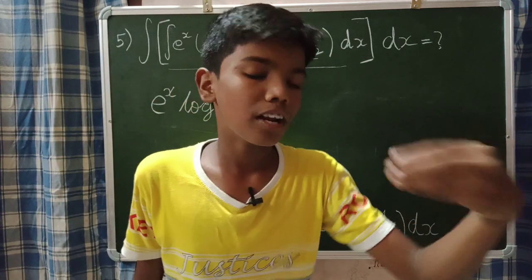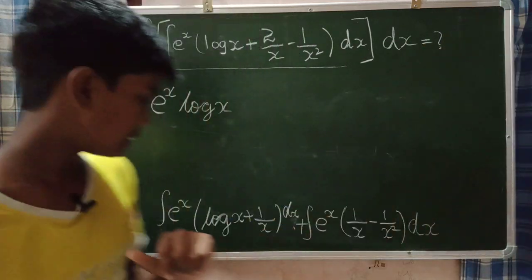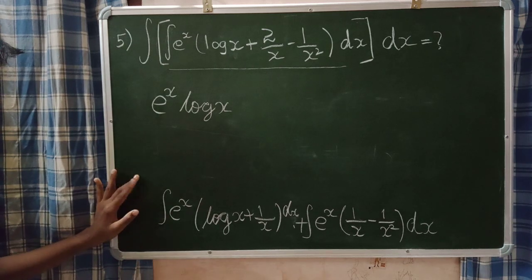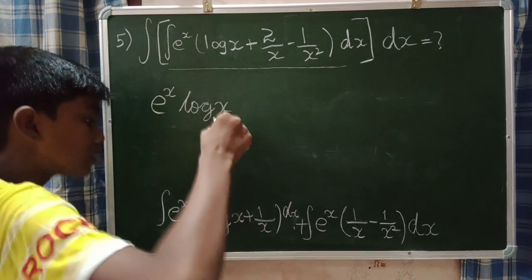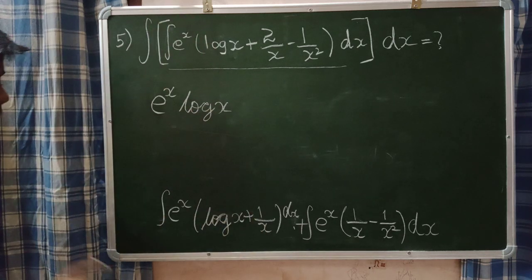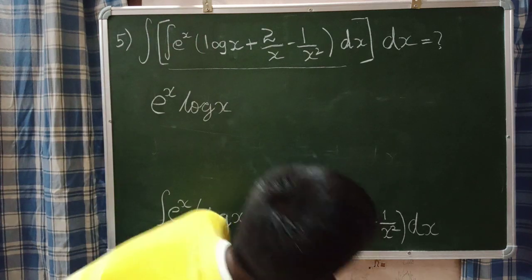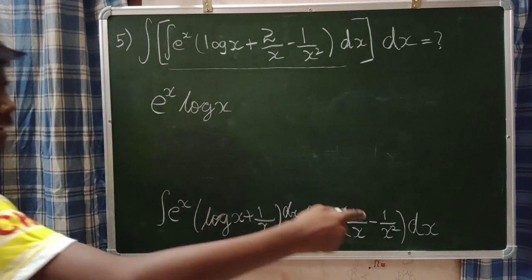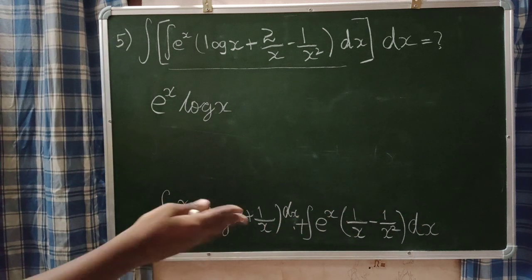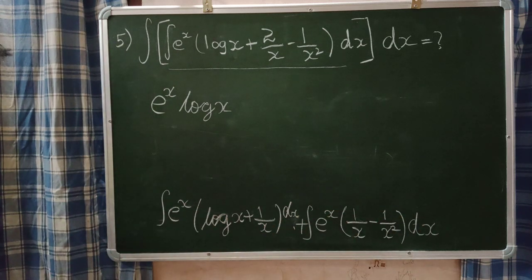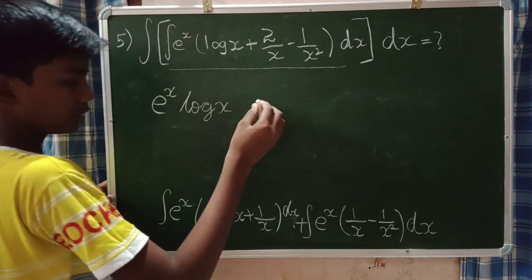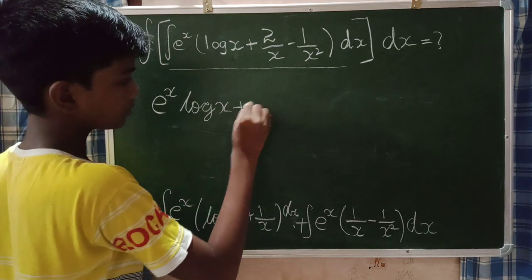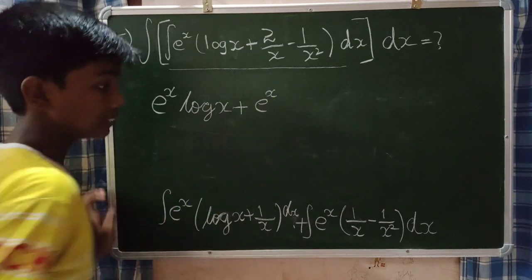I will add the constant c at the end. Okay guys, so integration of e to the power of x (log x + 1 by x) can be written as e to the power of x of log x, because log x represents the f of x, and here e to the power of x of (1 by x minus 1 by x minus 1 by x square) dx. So guys, now here what you are going to do is plus e to the power of x into